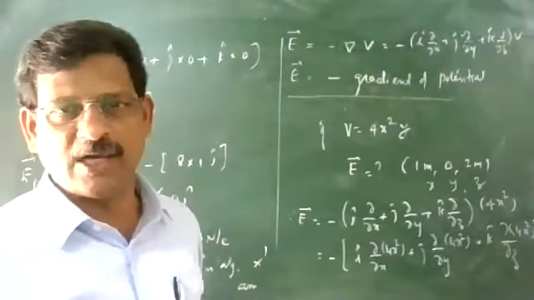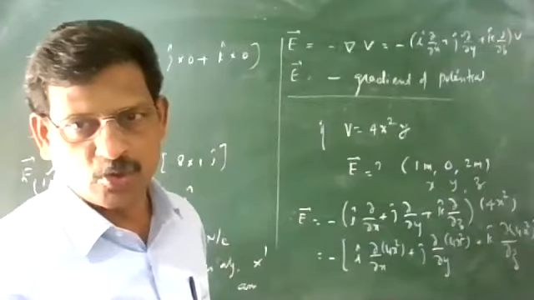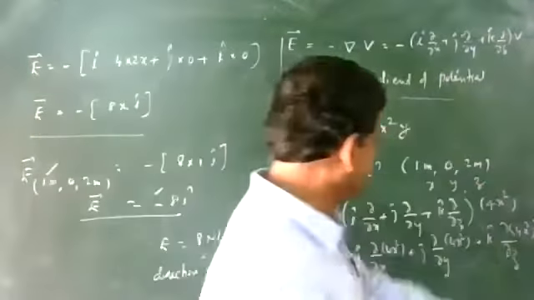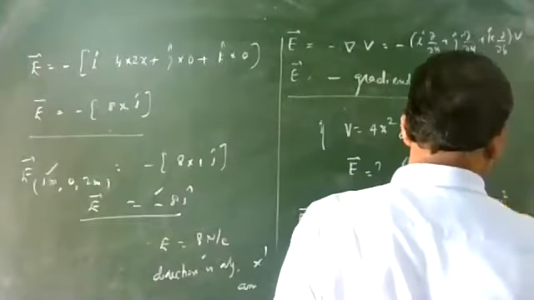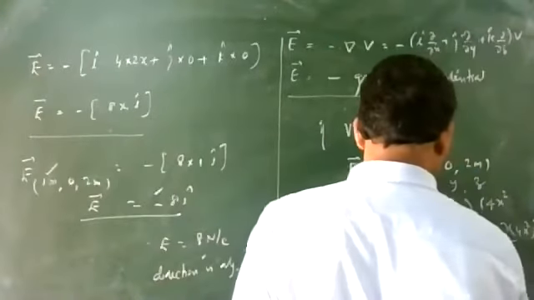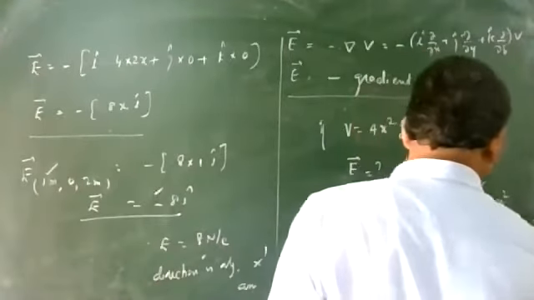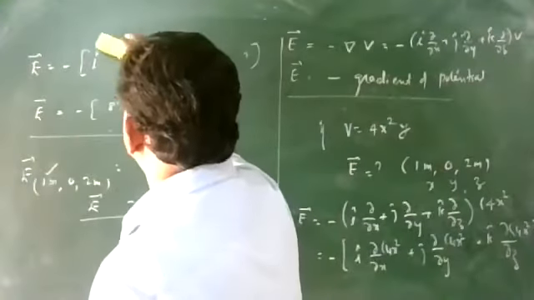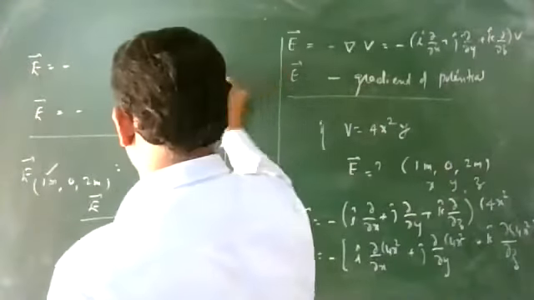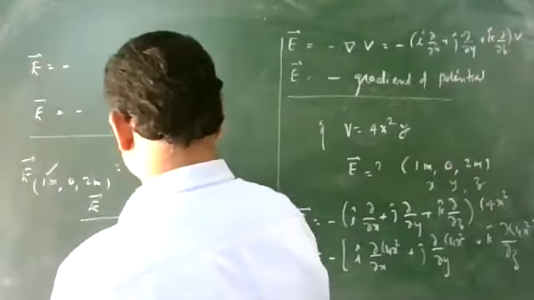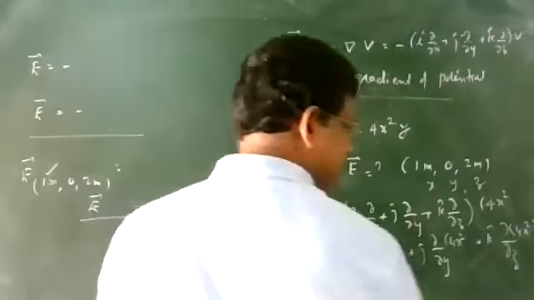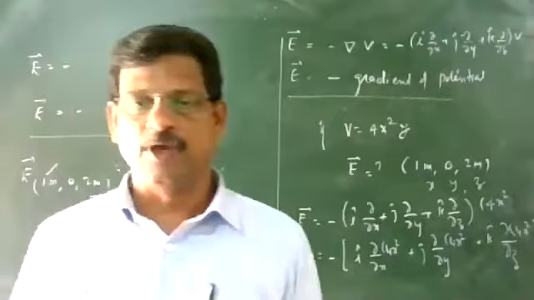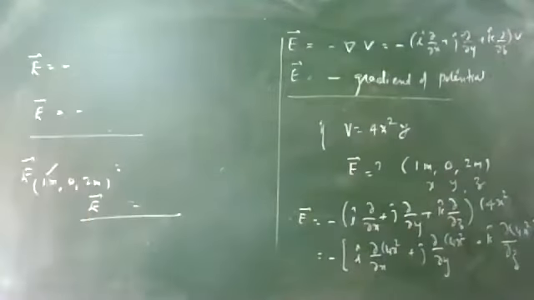Then find the electric field at the point 1, 0, 2 meter. Just all of you complete. So 4x square, that value, y also is this. Then what is that? All of you completed that. All of you calculated that and done that. Same format, all of you complete. Start writing.